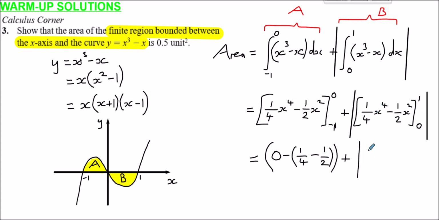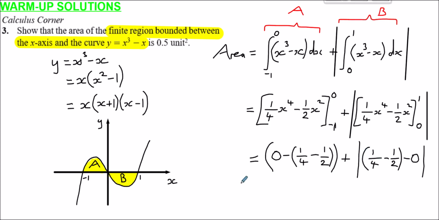this bit here. So when we input 1, 1 to the power 4 is just 1, so that's a quarter times 1, which is a quarter. Then minus a half times 1 squared, which is just a half, so a quarter minus a half. Then we subtract off what we input when we put the lower limit in. But the lower limit is 0, so this whole thing just becomes 0. And as you can see, if we didn't take the absolute magnitude of this, a quarter minus a half, that would give us a negative area, which is obviously not what we're after,